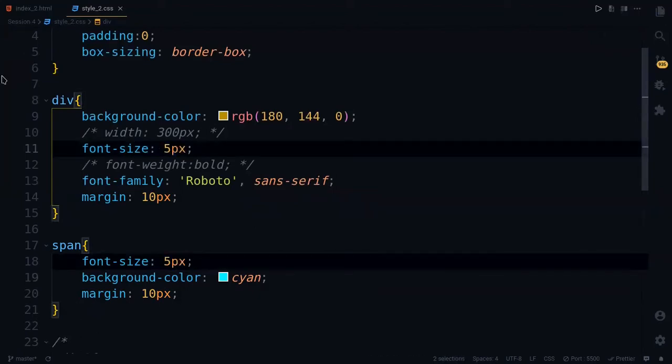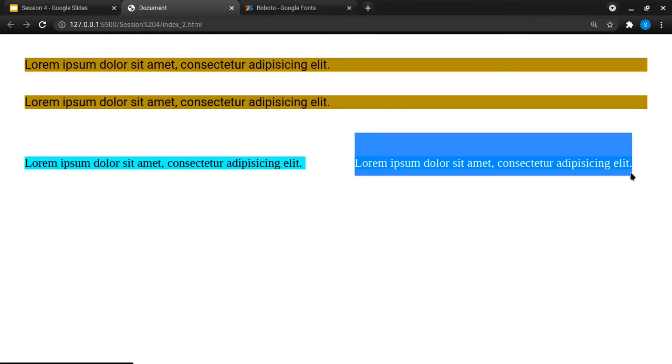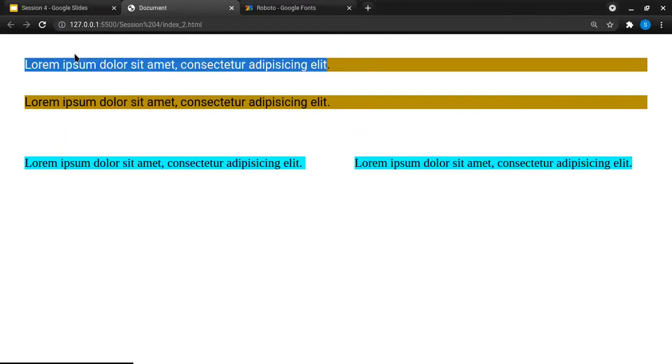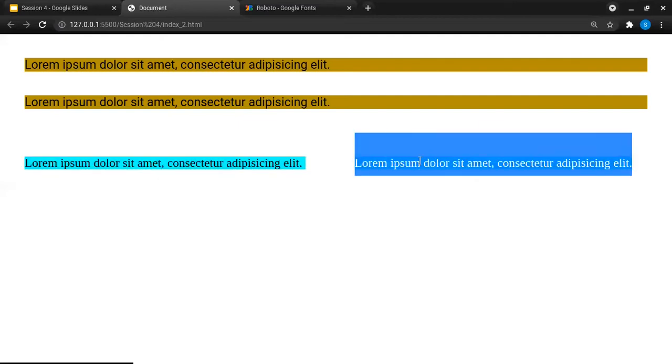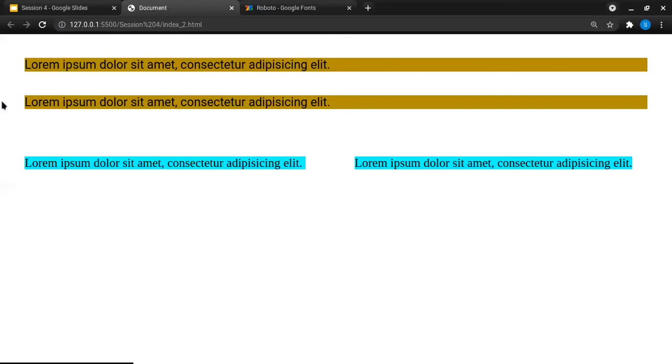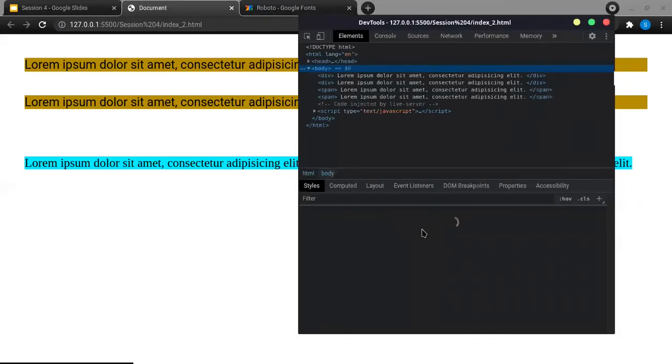to 5 pixels. So you can see that here they both are coming in the same line, whereas for the div the text is only consuming half of the space, but the rest half is blank. It is stretching, taking the whole block space, even if the text is only half of it. Whereas span is only consuming the space which it needs to, leaving out the other space so that the other span can also fit in. If I inspect the page,